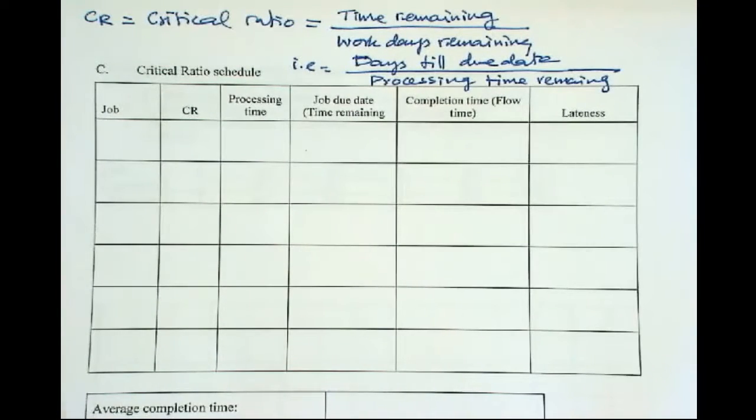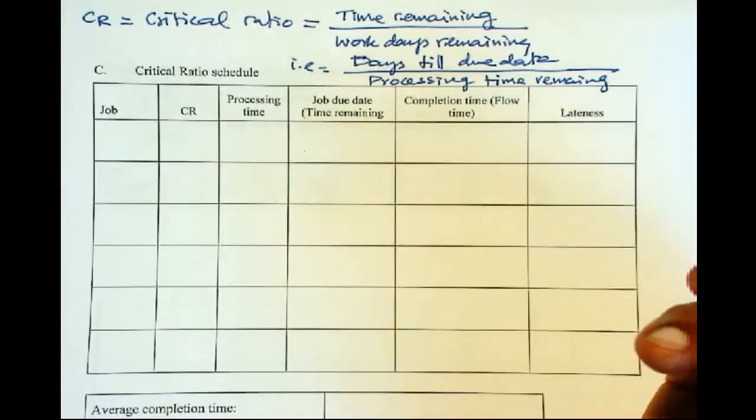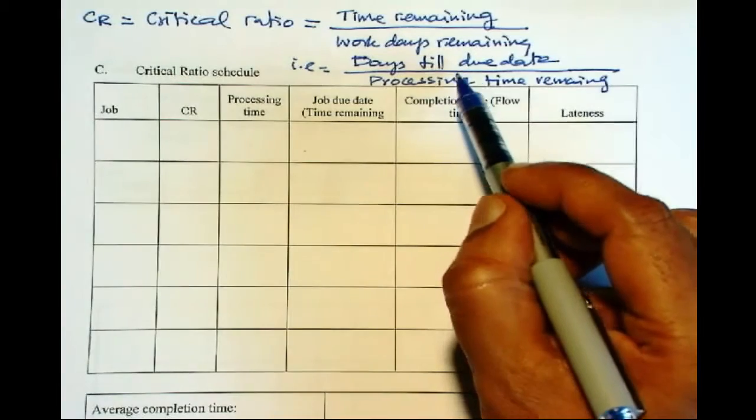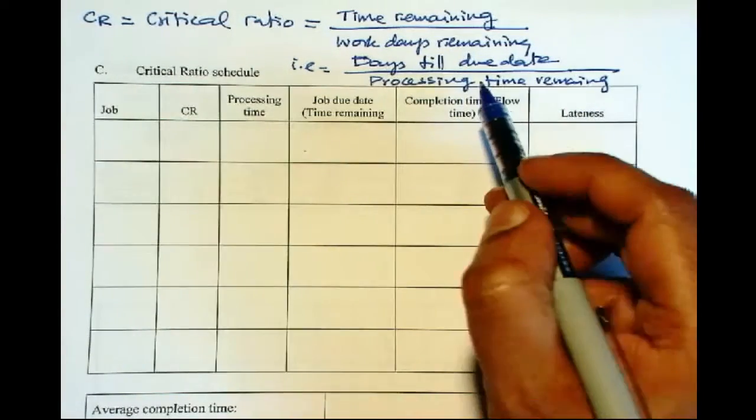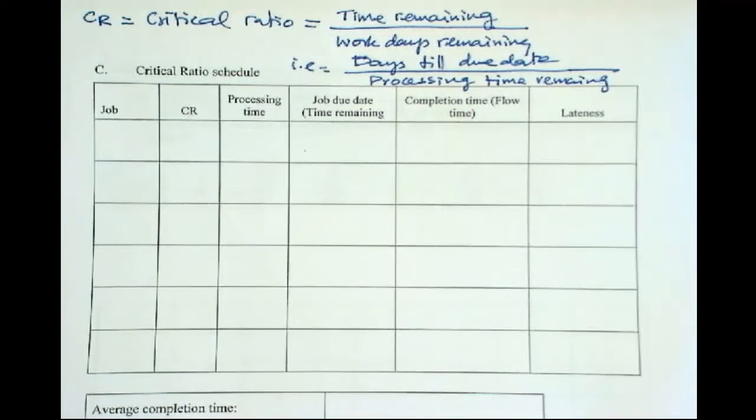So then this will be 10 over 20, you will get 0.5. If processing time remaining is also 10, then you'll get 10 over 10 is 1. So 1 and anything smaller than 1 means the job is critical, because the best we could do is to meet the deadline,